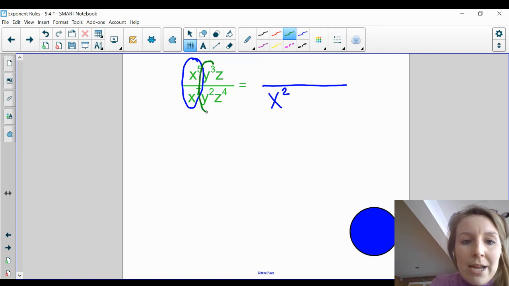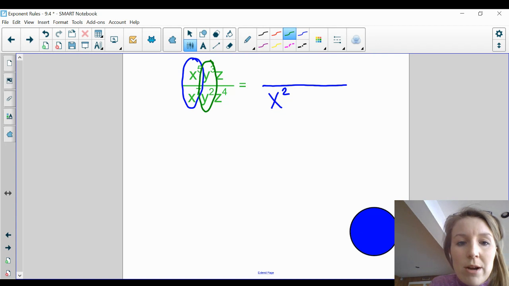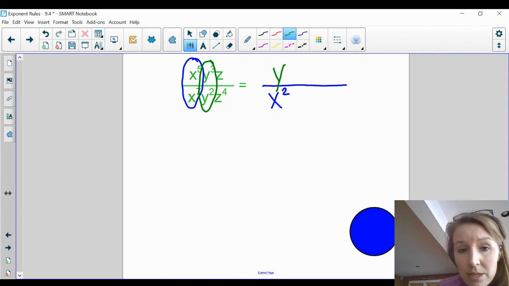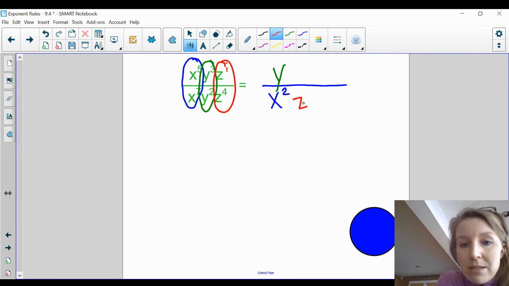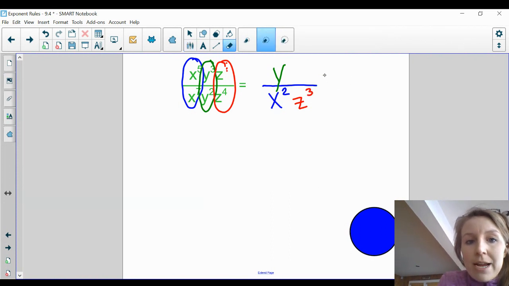Now if I do y to the 3rd divided by y squared, 3 minus 2 is positive 1. So I know I'm going to have y to the positive 1 power on the top. Last but not least, z, there's an invisible power of 1 right here. So z to the 1st divided by z to the 4th, I subtract 1 minus 4, which is negative 3. So that tells me I'm going to have z to the positive 3 on the bottom. So your answer